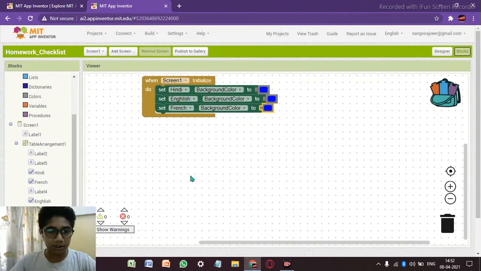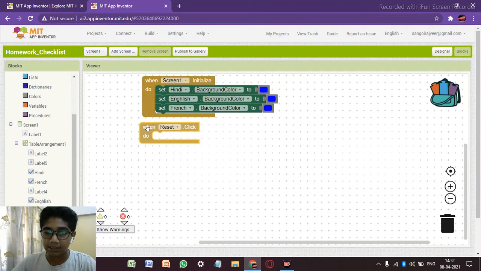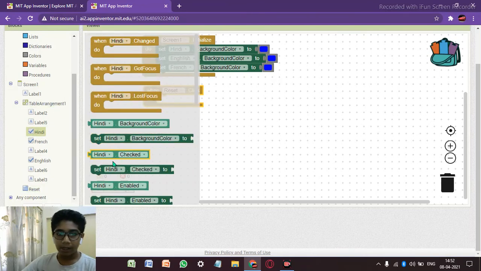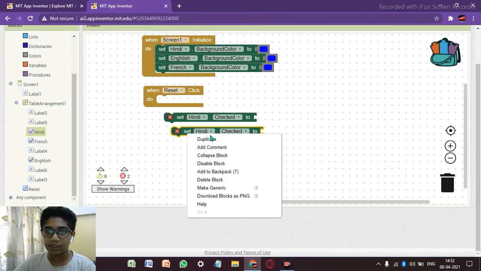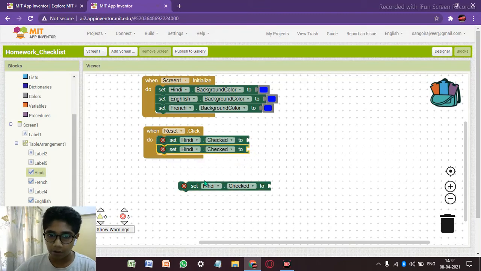Now just come to the reset button, and when the reset button is clicked, we need to come over here in Hindi and take set Hindi dot checked to, and duplicate this 3 times so that our work gets easy, and drag and drop it over here.